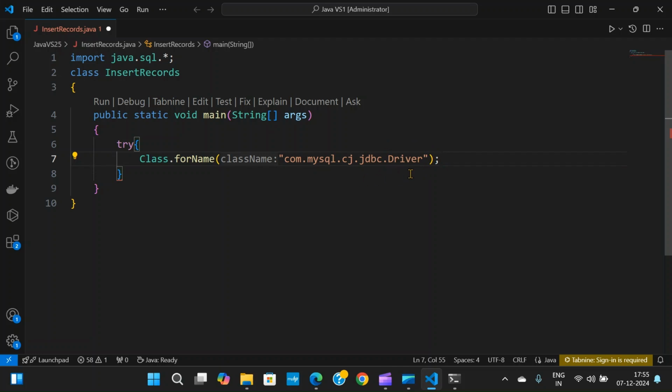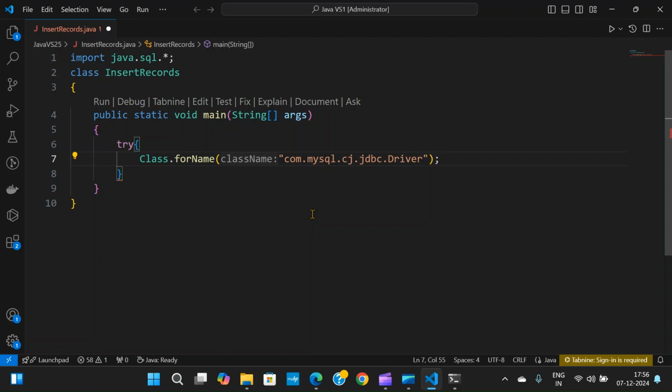For this, what you need to do is download a file called mysql connector jar file, and you need to keep it in one folder, and you need to set the classpath of that. Once you download the jar file, you need to save it into one folder, and you need to extract the files from that, because a jar file is a zip file. You need to extract those files, and inside that you will have again mysql connector jar, one more file. You just copy the path